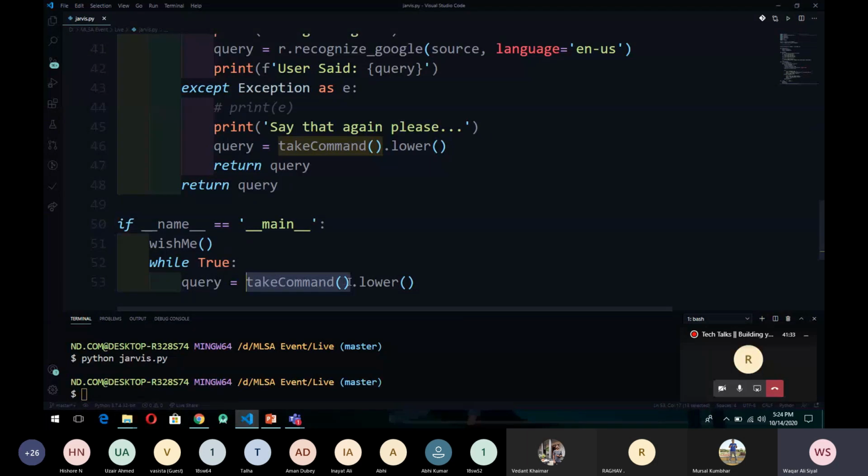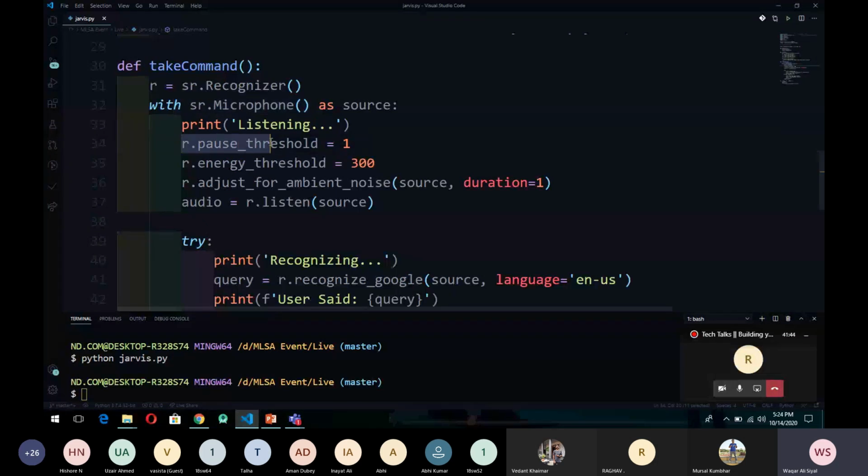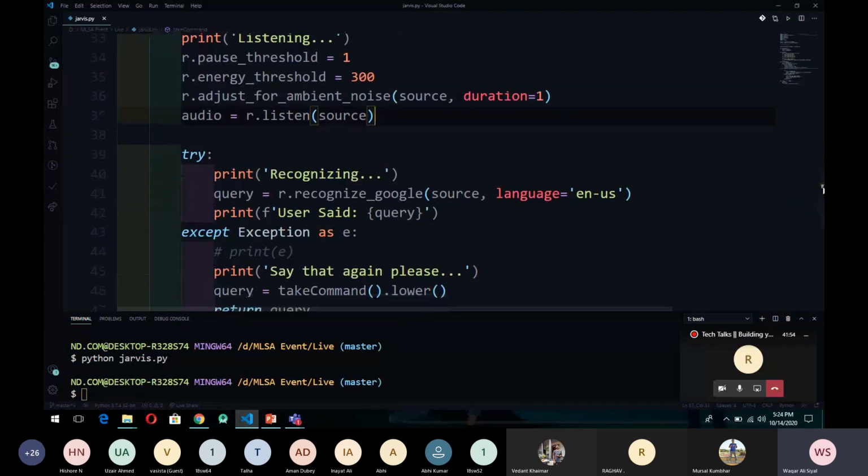First this take command will be executed, then we will create a recognizer instance here with the microphone as our audio source. Then we have set some properties, pause threshold 1 and energy threshold 300, and we are listening from the audio source and converting it into an audio data argument. And as I told you, here we have to pass the